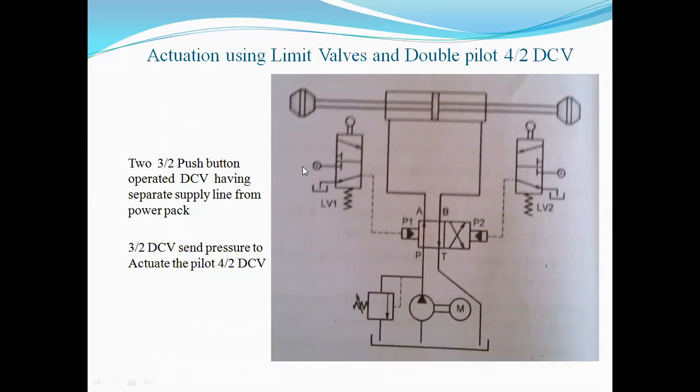Here also a power pack unit will be placed. In some cases it is connected to the original line, or in some cases it will have another pump. Okay. The same: when any one rod moves to either side, the positive side, right side or left side, it will press this roller operated valve and connect this power pack unit to this portion. And by using this high pressure oil, this pilot operated 4x2 direction control valve changes the supply of oil.